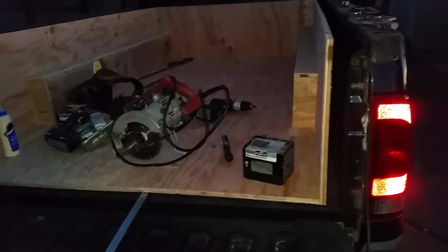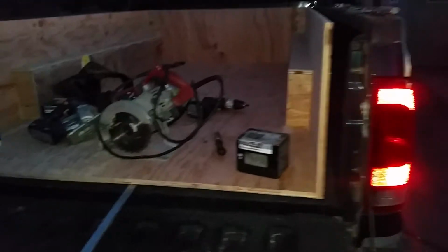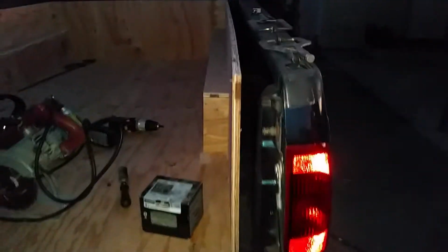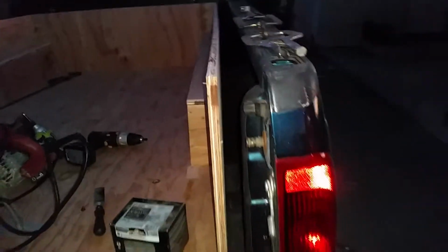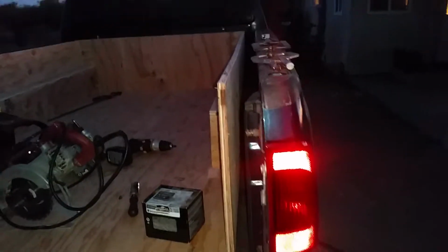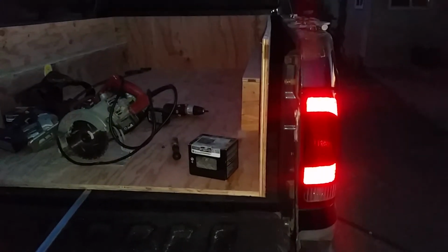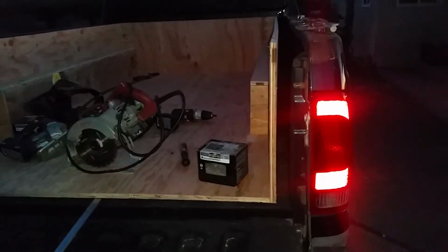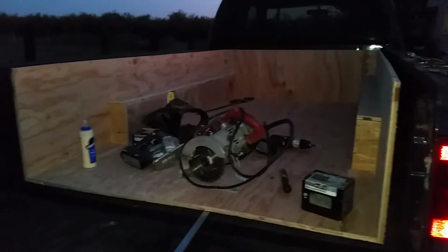I'm losing the light really fast, so I'm going to have to wrap this up. So I didn't take any measurements other than other trucks. So you'll see that I'm narrower here than I need to be. That is not an accident. That is so this will fit a variety of trucks, not just the Super Duty. A couple other guys I work with had long bed pickups. I took some measurements. I feel like this will fit the majority of modern long bed pickups, and also